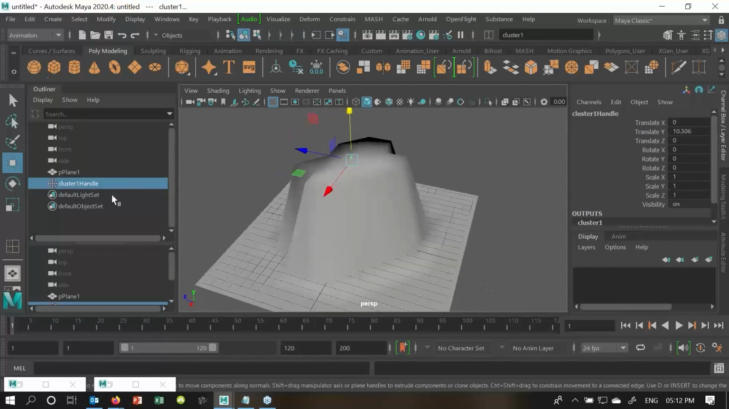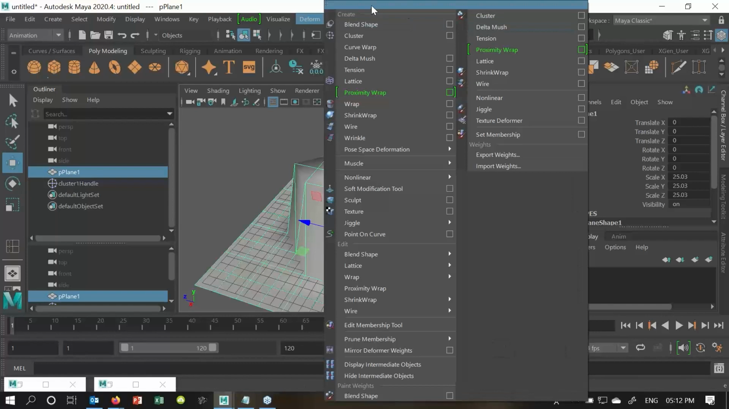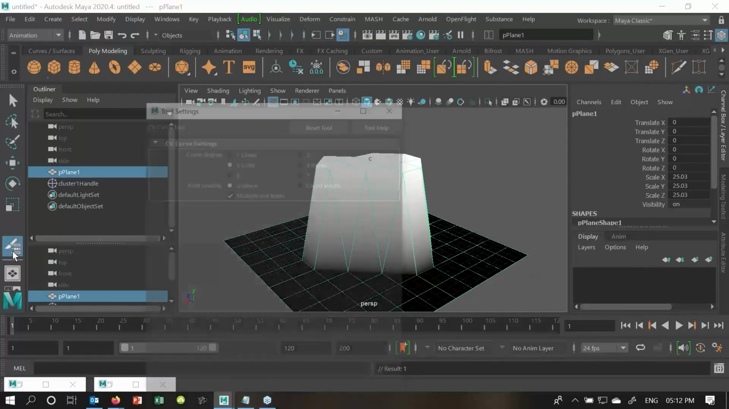Now, if I want to edit my cluster the same way as we do for the blend shapes, we need to go to the deformers. Over here we have the paint weight. We'll click on these clusters, and that cluster will come. If I double click over here,